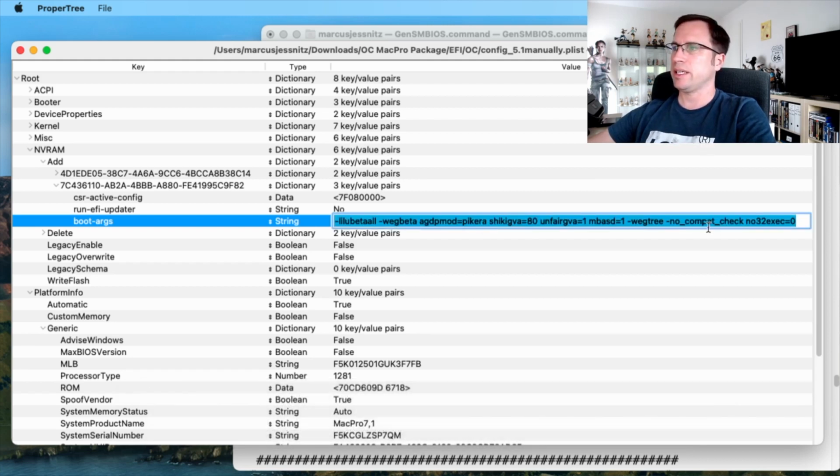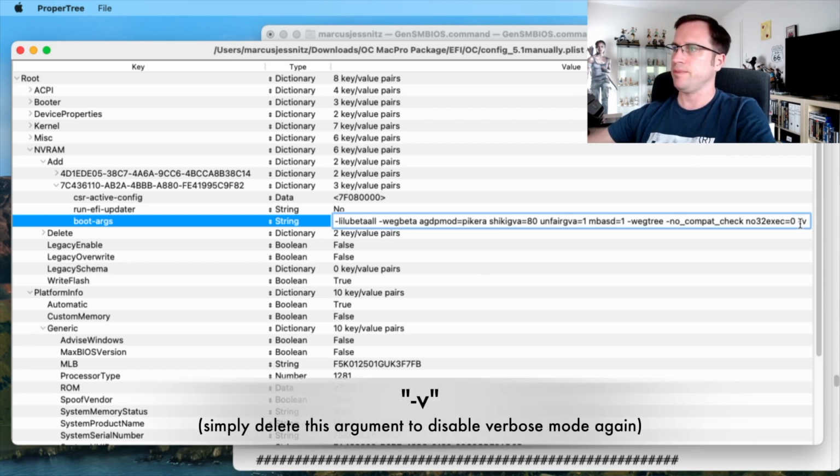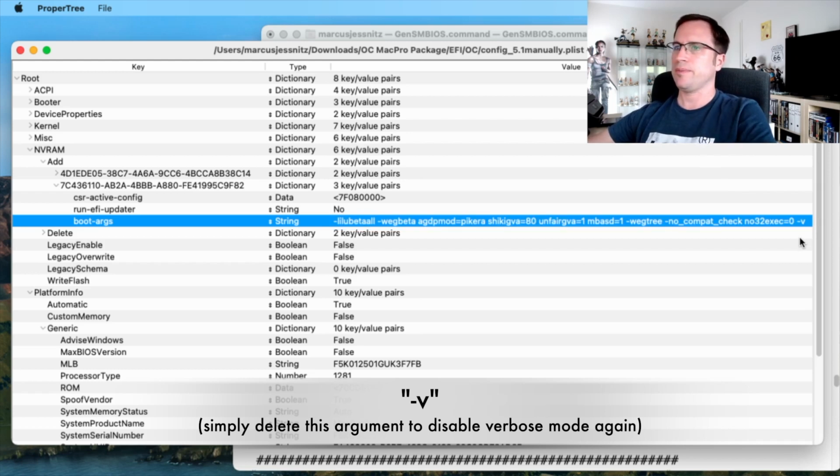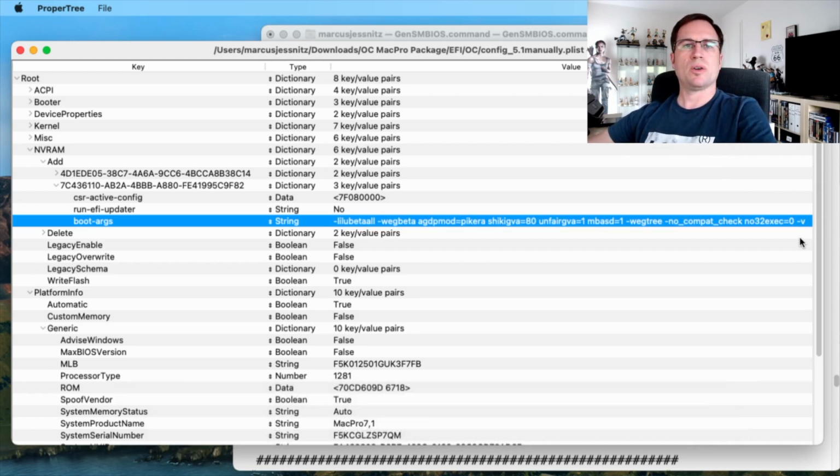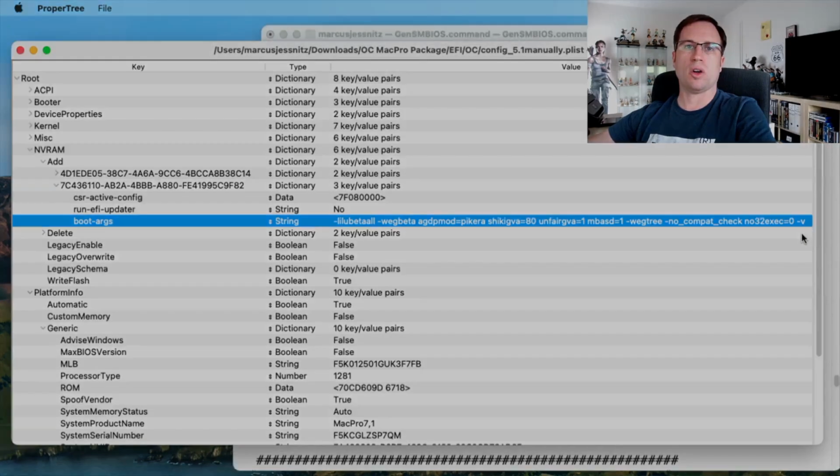Just make a double click and go to the end, make a space, -V, hit enter. And if you boot now with this config plist, it shows every error message, and it's very nice for debugging to see maybe if you have a boot loop or you have a freeze, what causes these problems, okay? -V switches the verbose mode on.